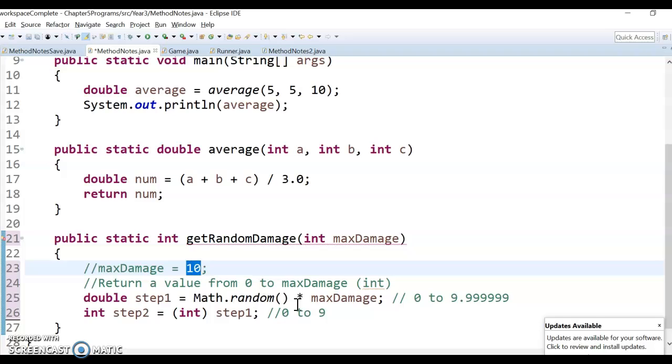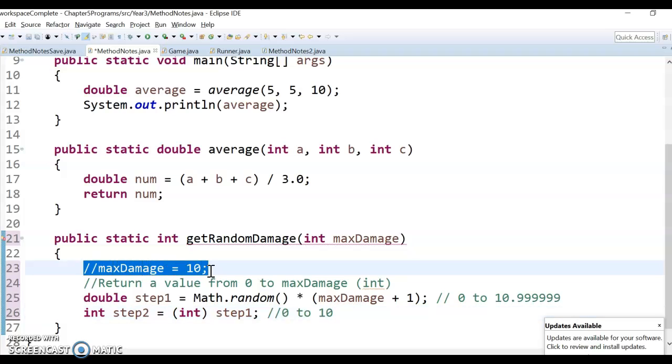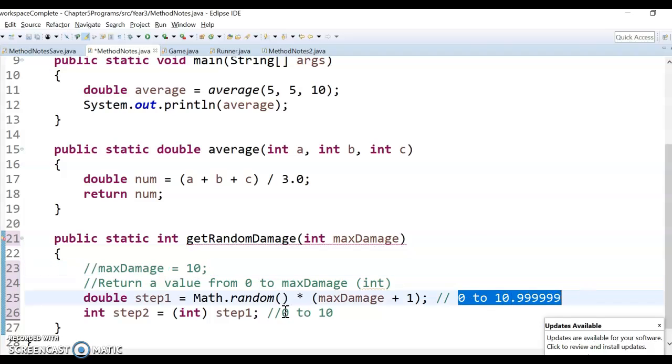So I think what we have to do is, let's see, if I take this plus 1, I add 1 to max damage before I multiply, then that would be 0 to 10.99999, and then this would truncate it to 0 to 10. So again, I'm thinking of a specific number here to make it a little less abstract. So I think you do have to add 1, so it'll look like this, and then truncate it, so it'll be 0 to 10. Okay, and final step in this method is got to return